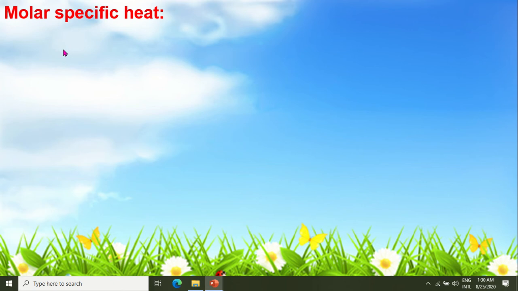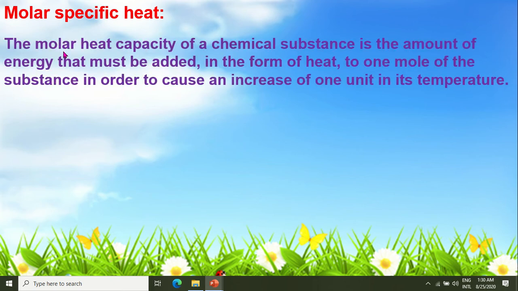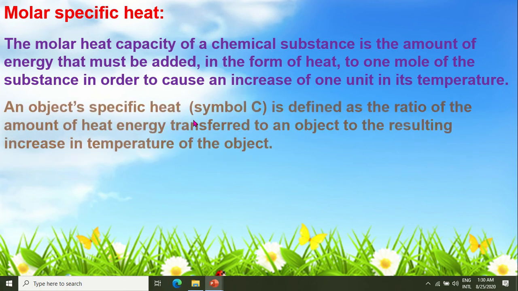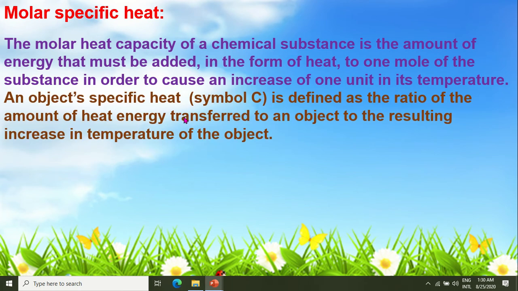Molar specific heat. At first, I am going to explain it. The molar heat capacity or molar specific heat of a chemical substance is the amount of energy that must be added in the form of heat to 1 mole of the substance in order to cause an increase of 1 unit in its temperature. That means the amount of heat that is required to raise the temperature of 1 mole of gas by 1 Kelvin is called